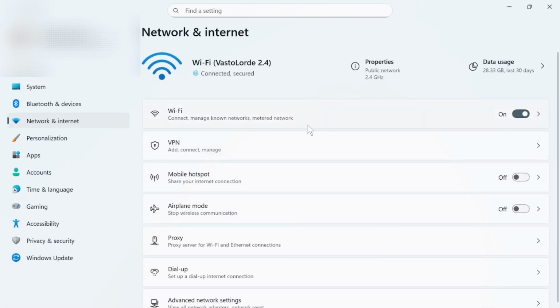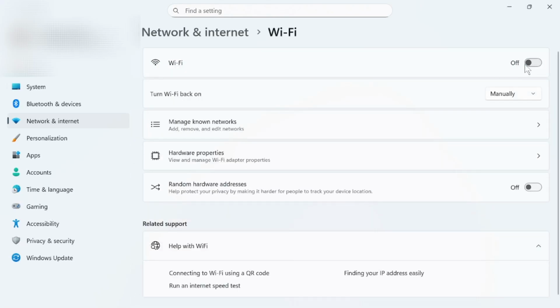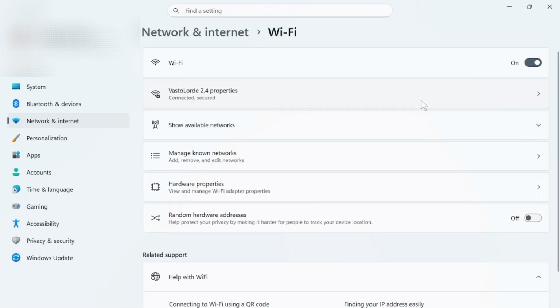and there you can see your Wi-Fi connections. You can simply turn this off and turn it back on. After you've done that, your connection will restart. If it connects, great. If not, what you might want to do is simply reset your